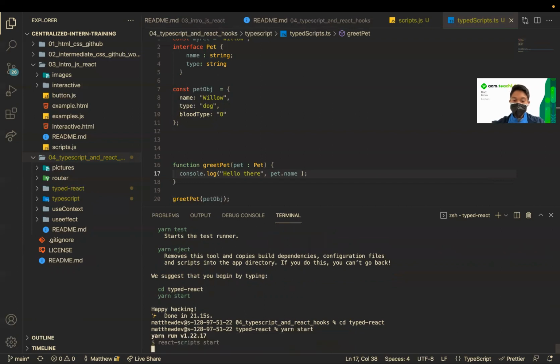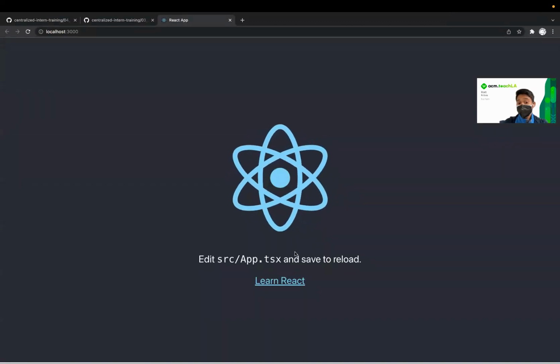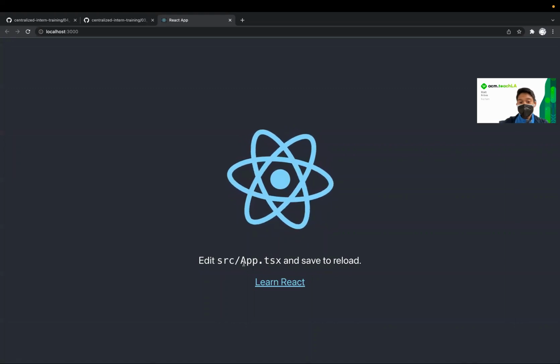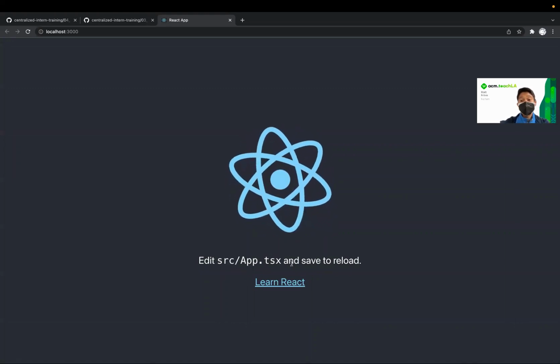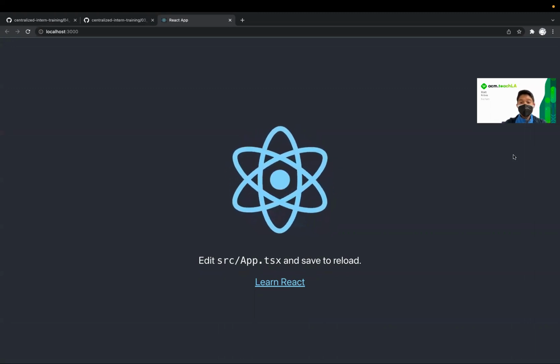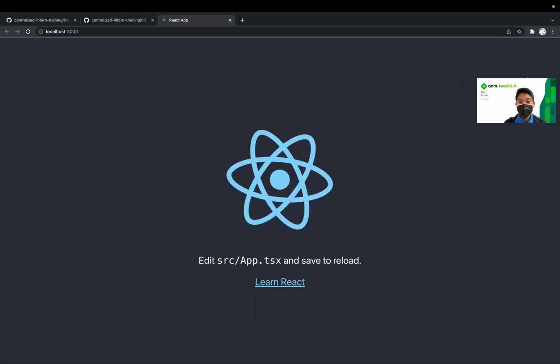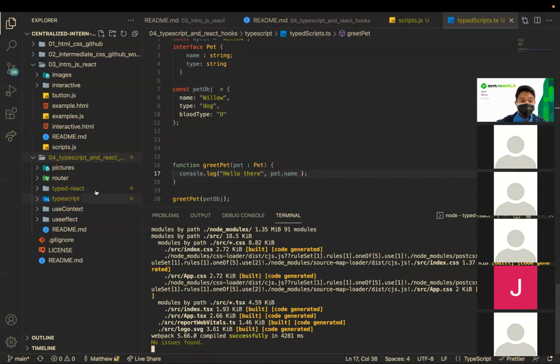Yarn start, in order to start a development server within React. And we can see that it looks almost the same, except it says edit src/App.tsx and save to reload. So why don't we take a look at our source code and see if there's anything that makes it different from regular React. Let's go into typed-react